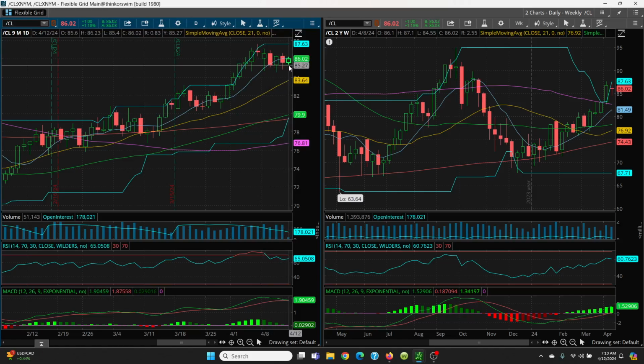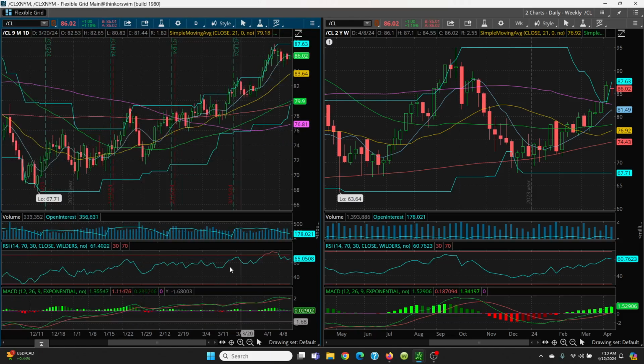Now, you can see where it went up there today, but the key is going to be right there, that 8 SMA, 86.13. You have to close above. Okay, that is going to be the very, very key. Now, you can see here how we have these basically trading boxes going on here. This was the high back here in the day, 79.29, and we were trading all the way down to this low